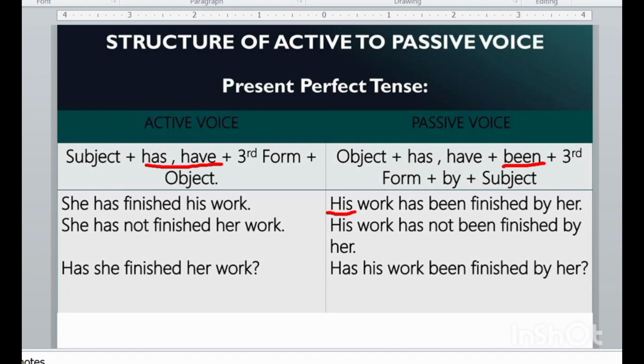Has her work been finished by her? We will do it like this. We will write here "her." Okay. Now next is our